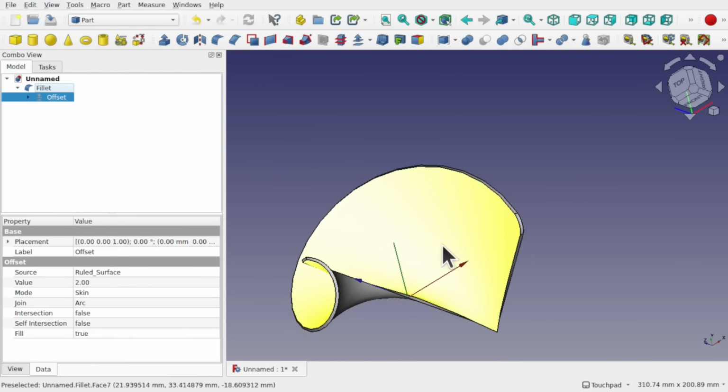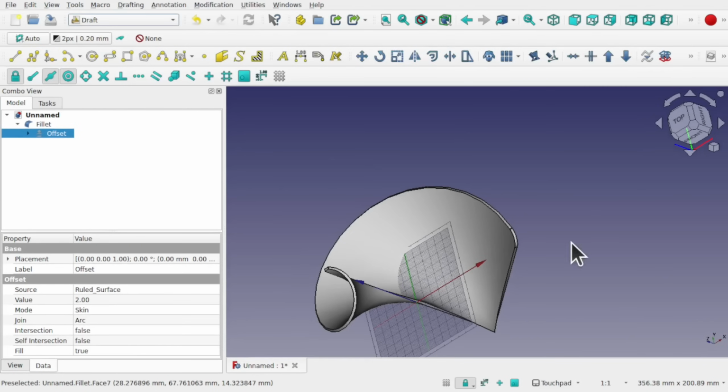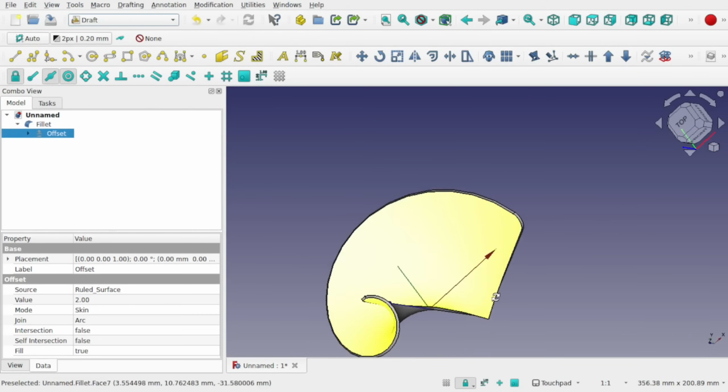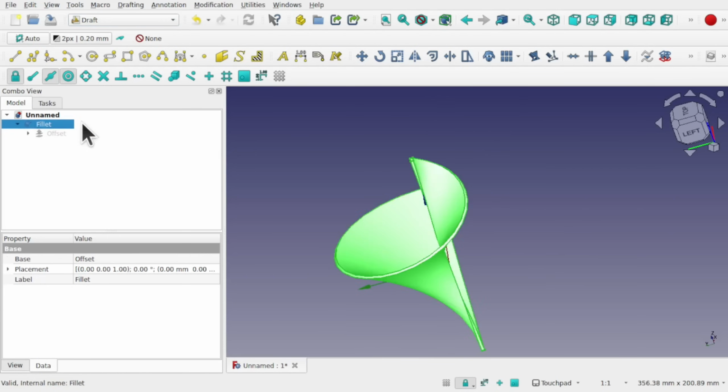Now we've got our blade, let's array it. For that, I'm going to come over to the draft workbench. And now in the draft workbench, I don't need my gridding, so I'm going to come down and click on the gridding. I don't need that. And I'm going to make sure that the fillet is selected. So that's the last operation we did. If you didn't have any fillets on there, it will be the offset. The fillet selected,